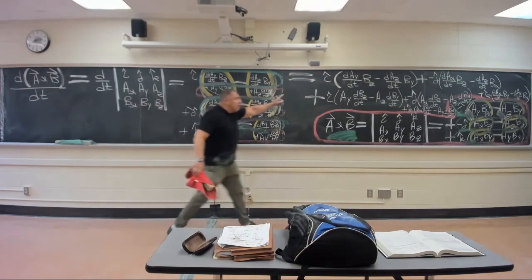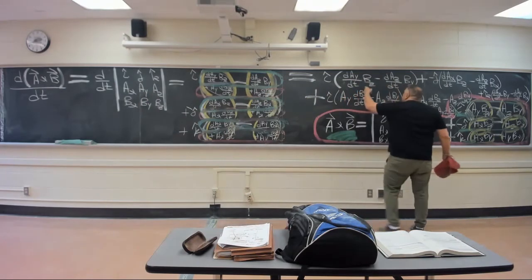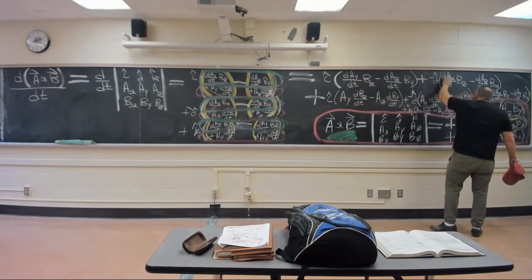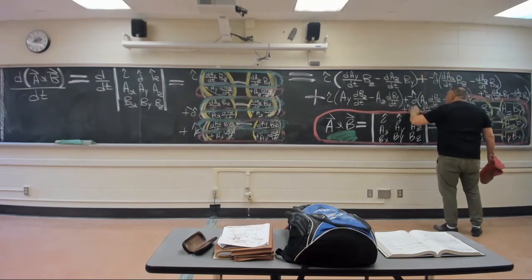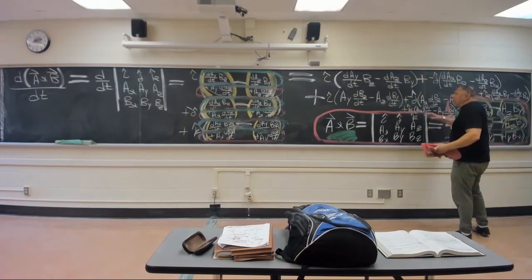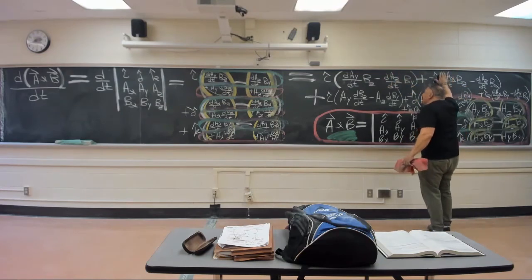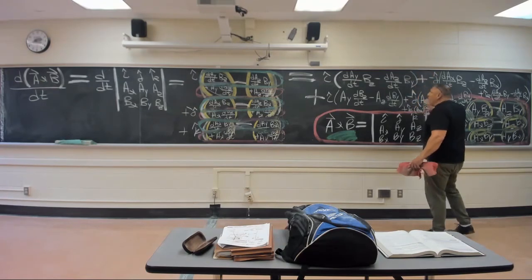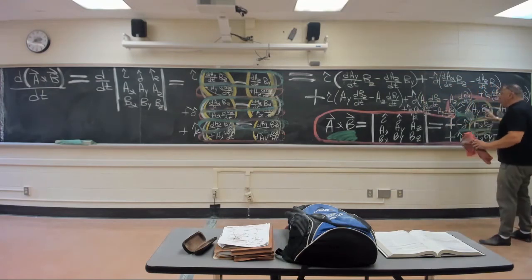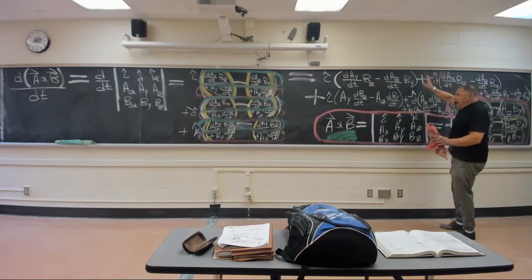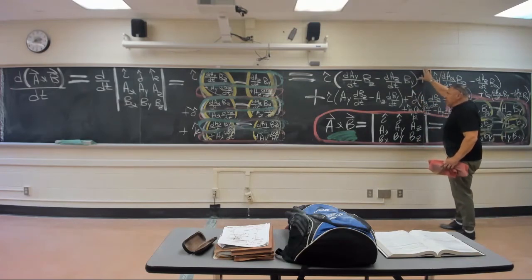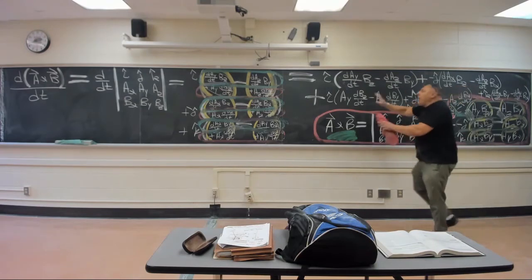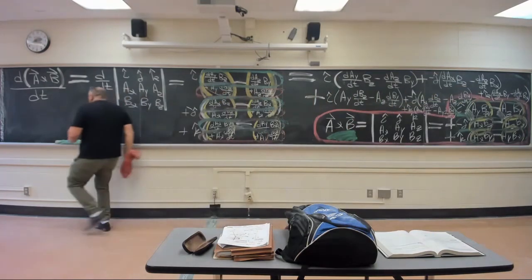Regardless of whether I wrote this down first, if I set them up in such a way that all derivatives of A are up top and all derivatives of B are on the bottom, or wherever you want to put them. Here's a row of all terms involving derivatives of A, but no other kind of derivatives, just derivatives of A. And here's another row involving all derivatives of B and no derivatives of A. So I have all derivatives of A associated with this, all derivatives of B associated with this. Where is that? What is that? Well, even before I was saying everything I was saying, that right there